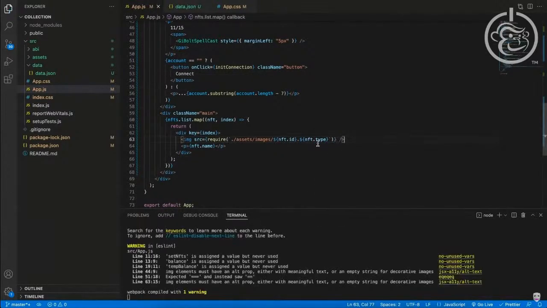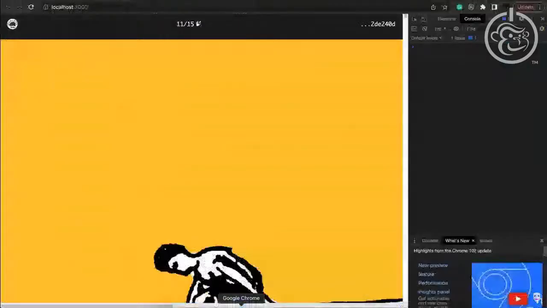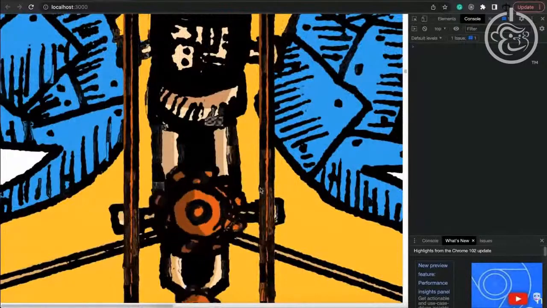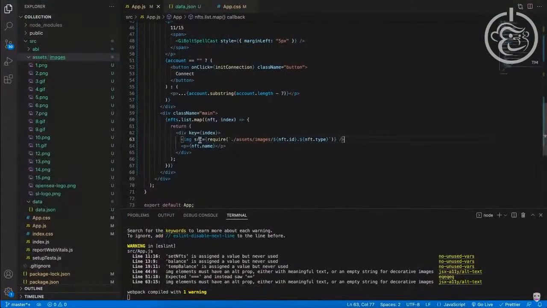This should give us that dynamic image linking to our assets in here. So let's save this and go back to our app. And yes, we can see all the images, but they are huge. This looks pretty cool, but let's go back and add some styling to the image as well as this